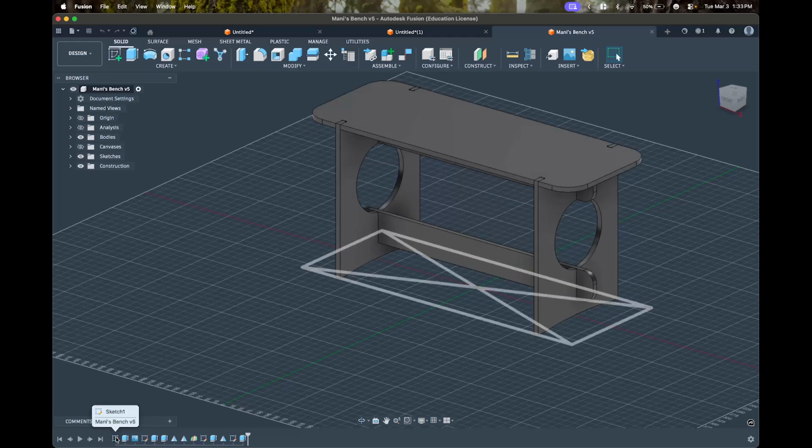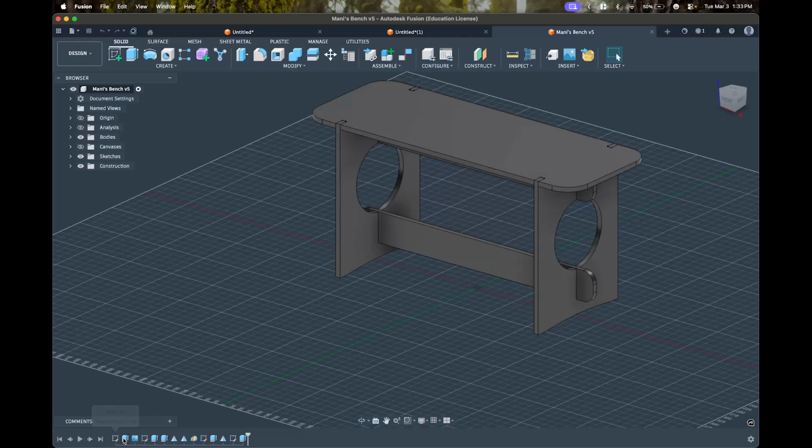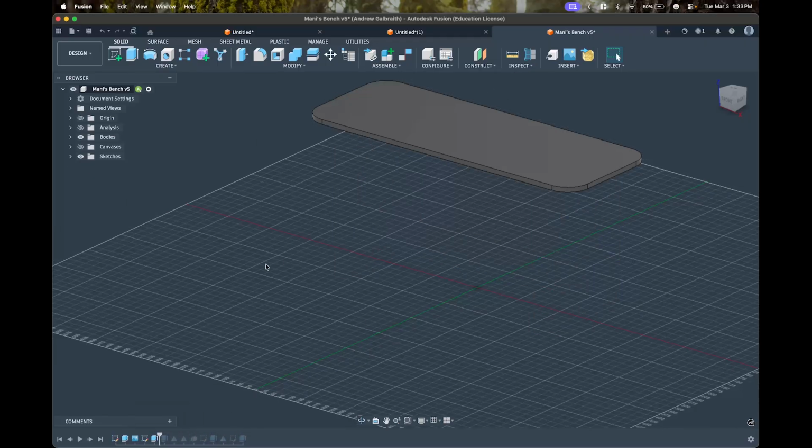So this would be like when I originally created a sketch, and then an extrusion, so on and so forth. Fusion's really cool because you can go forward and backward in time just by dragging this cursor here. So I can go back to when I created the top of the bench,